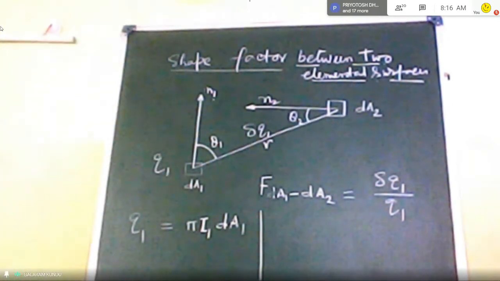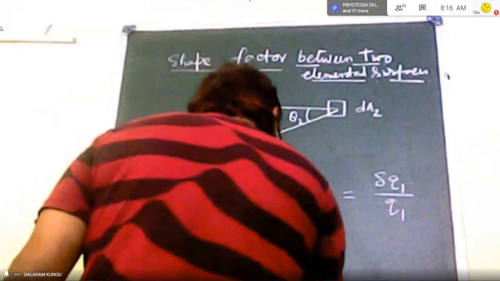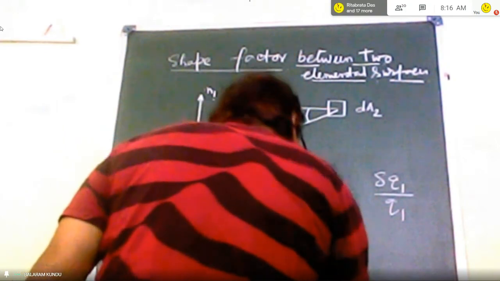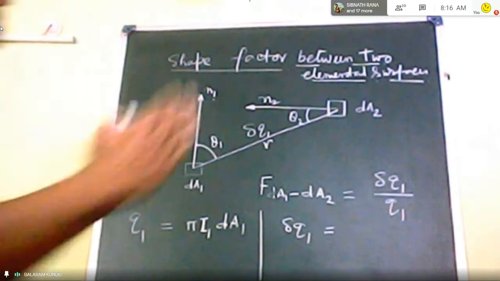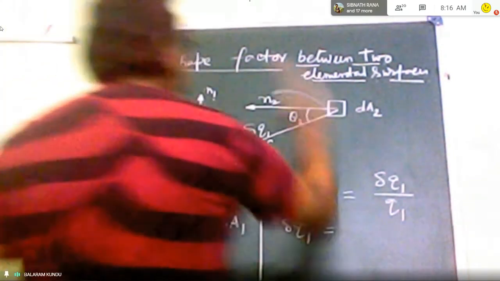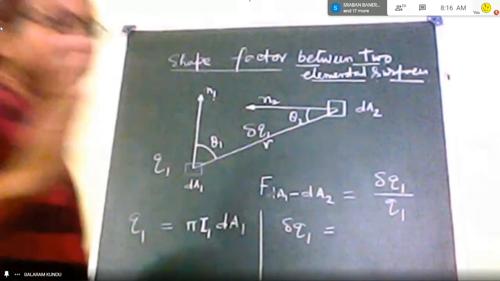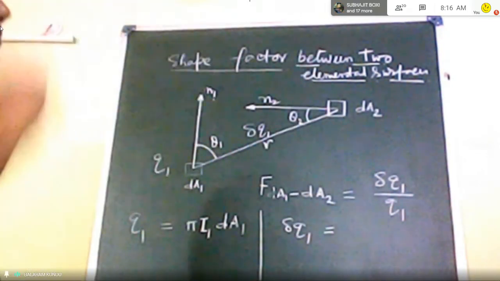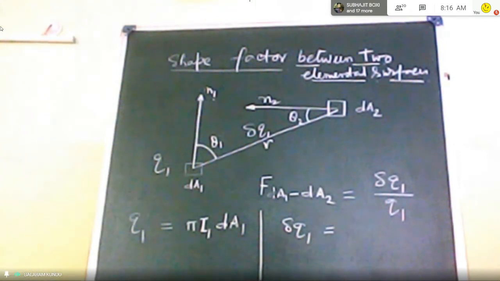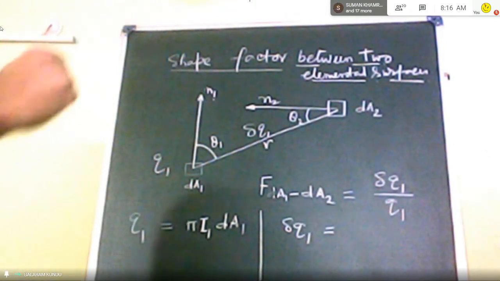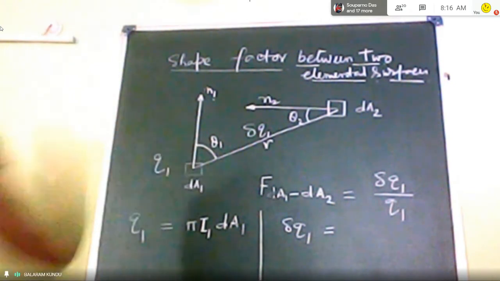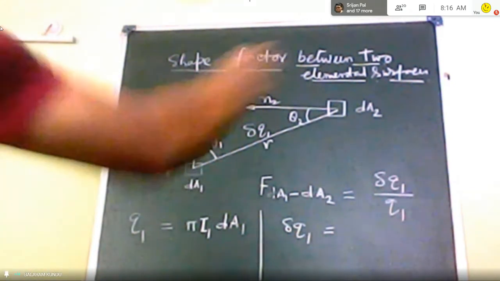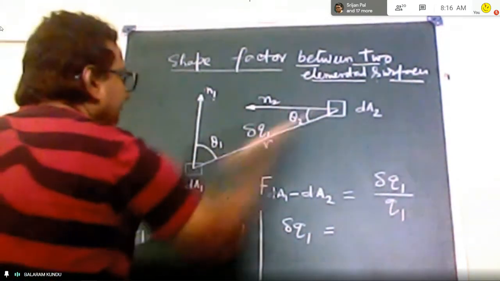So the mathematical expression of del Q1 is equal to the amount of radiation energy emitted from surface dA1 that strikes the surface dA2. From the definition of intensity, to determine this, we have to remember the spectral blackbody radiation intensity, I B lambda concept. Then del Q1 will be, in the R direction,